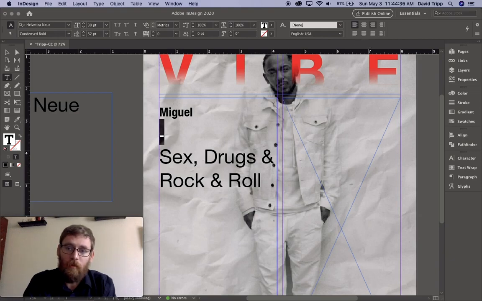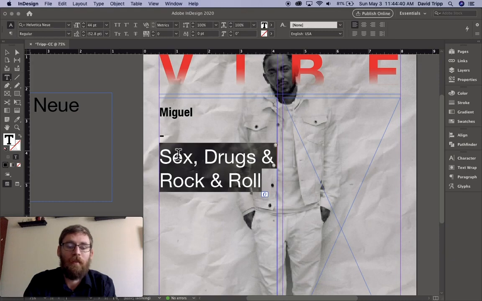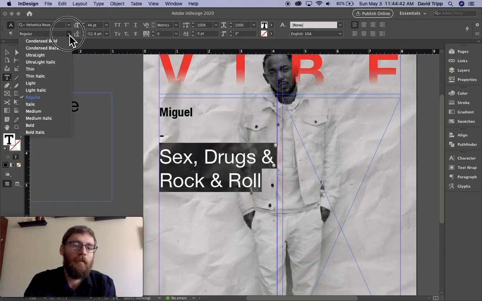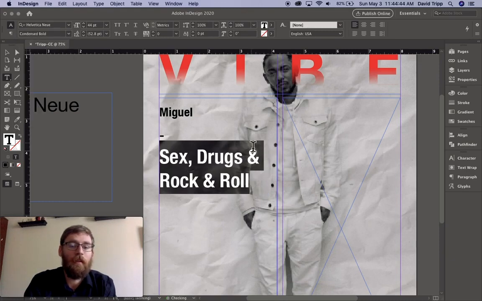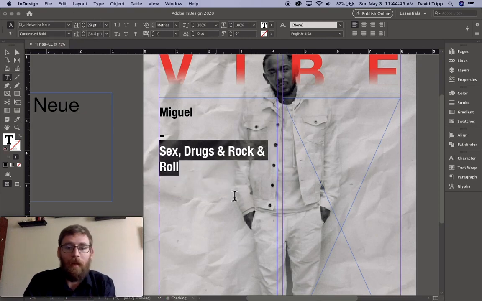Pay attention to your alignment, whether it's left aligned or right aligned. On this left side, everything is going to be left aligned. Everything on the right hand side is going to be right aligned. Now, the last thing